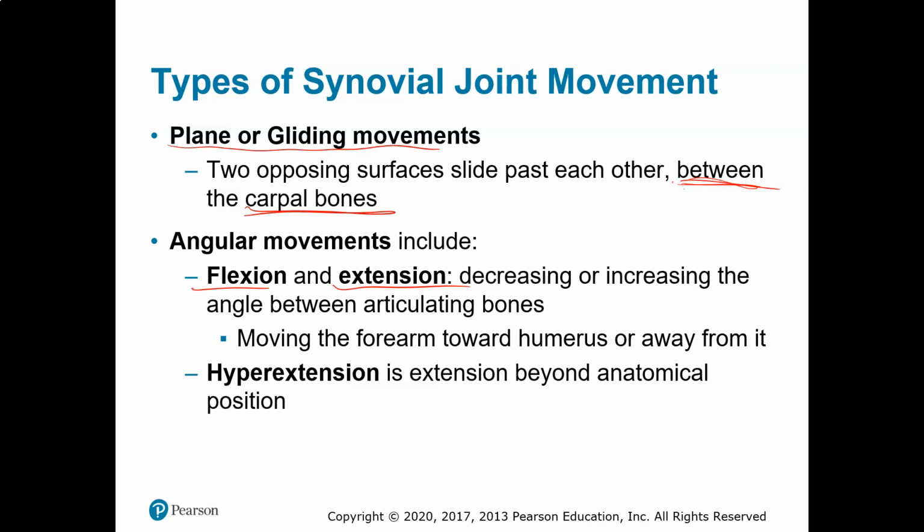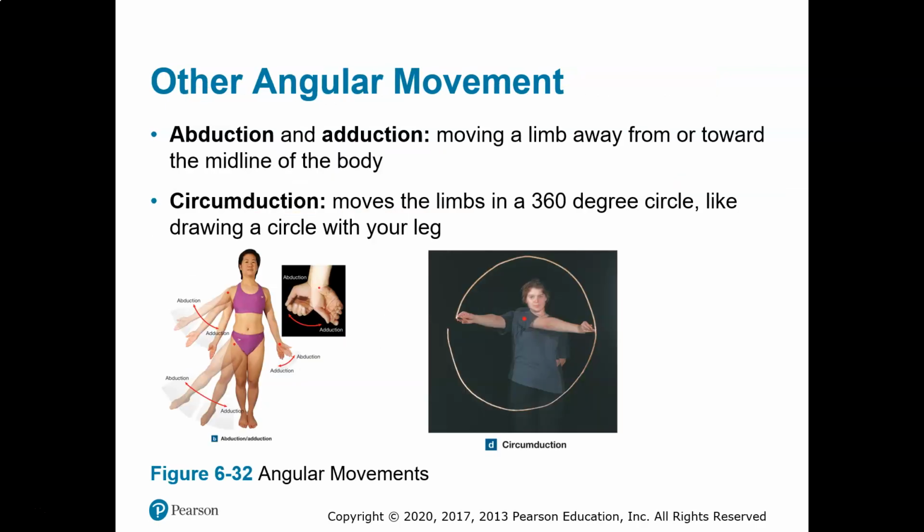And hyperextension is impossible in the elbow joint without doing damage, but there are some joints that you can hyperextend, but you cannot hyperextend at the elbow or the knee joint, and that means going back even beyond extension. There's abduction and adduction. Abduction is away from the body, adduction is back to